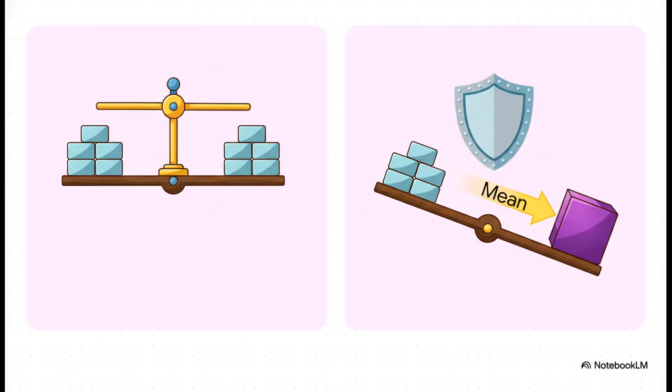So this is the key takeaway here. It's all about choosing the right tool for the job. If your data is pretty balanced and even, the mean is awesome. But the moment you have a few really extreme values, that giant mansion or maybe a CEO's salary in a list of company wages, those numbers can seriously skew the mean. They just drag it in their direction. The median doesn't care. It's not bothered by those extremes, so it often gives you a more honest, more reliable picture of the real center.